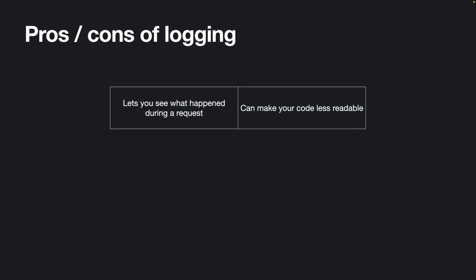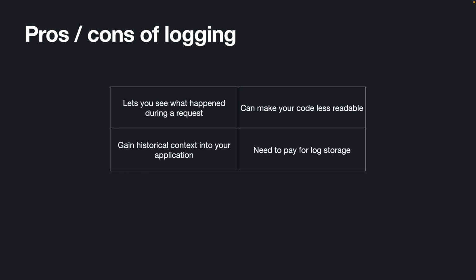And you'll see what I mean when we start writing logs in our routers for our application. The code ends up being a little bit less readable, but if you find the balance, it's not that bad. Also, logs let you gain a historical context into your application. Because you can store your logs somewhere, you can search through them, and you can use them to build big data applications or just to see what users tend to do with your applications. That kind of information is something you can glean from your logs, if you log well and there is enough information in there.